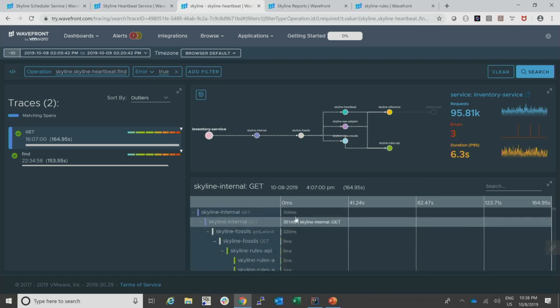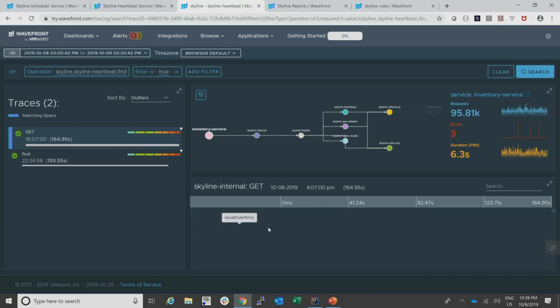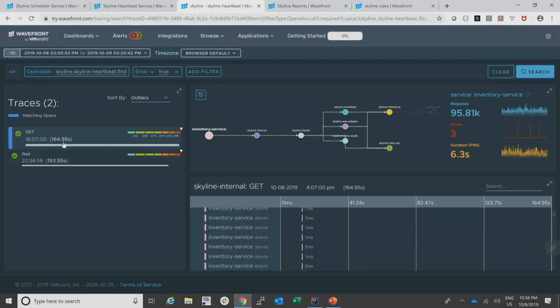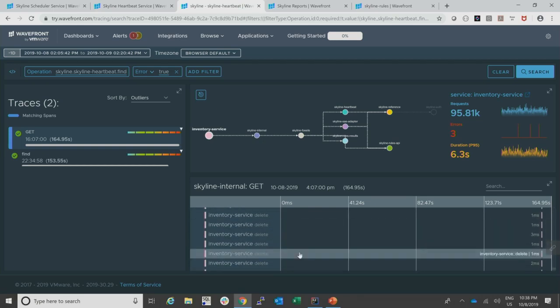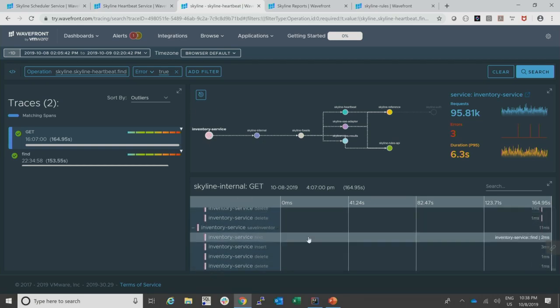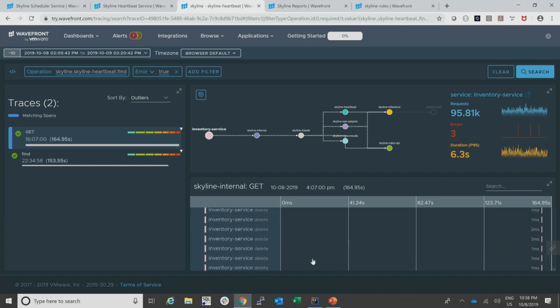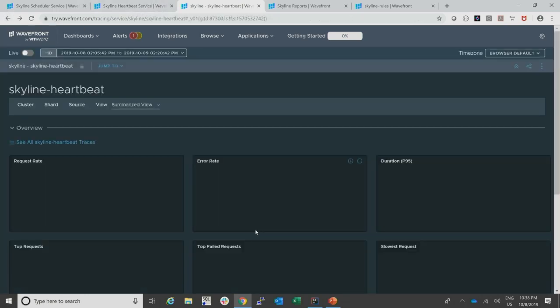So you can see the trace, how it looks, and somewhere, I guess, okay, it's 164 seconds. Well, that is quite an operation. Most likely, there is some exception. Okay. And it is a long trace. And whoever owns that service should know why that is behaving in this way. Okay. Maybe that was not the proper exception.